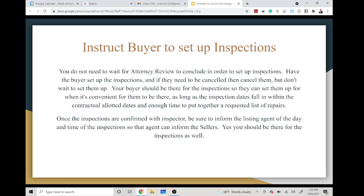So long as the inspection dates fall within the contractual allotted times and you have enough time to put together a request list of repairs, have the buyer schedule it for when it's a good time that the buyer can be there. Guys, also, you want to have the buyer set up the inspection and not you. Send out information of the inspectors to your buyer, but have the buyer set up the inspection themselves,